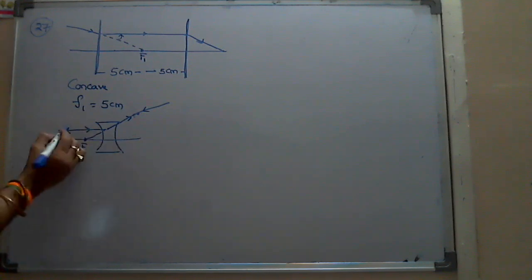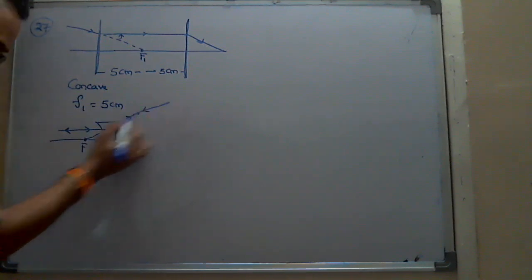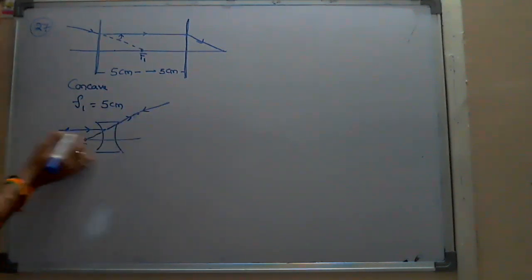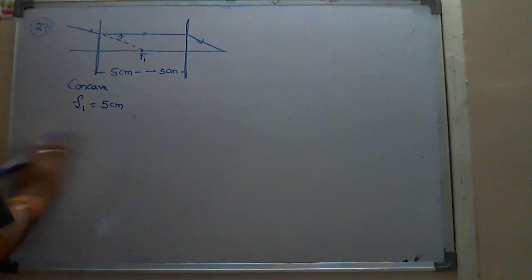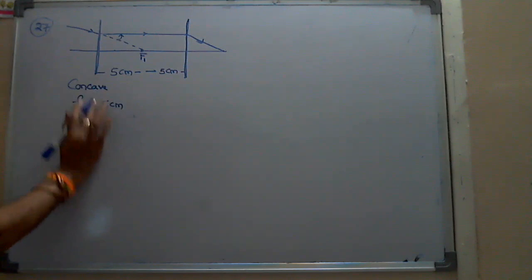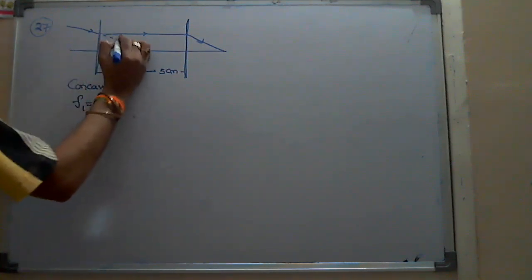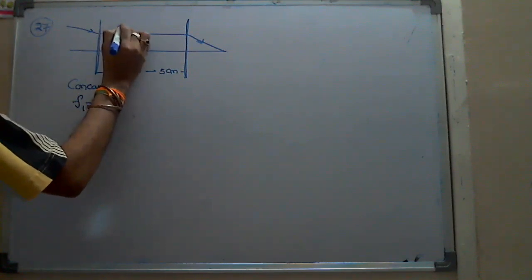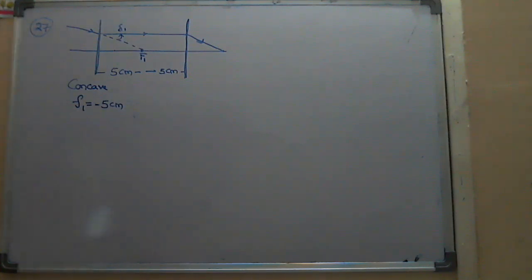That's why here he gave, instead of giving parallel and diverging, a converging light ray which finally diverges and comes parallel to the principal axis. So here it should come from the focus. That's why straight away I can say the focal length of the first one is 5 centimeters. Since it is concave, its focal length will be -5. And it has an angle of deviation, say delta 1. Why? Because to say the focal length, there is no other information on it.